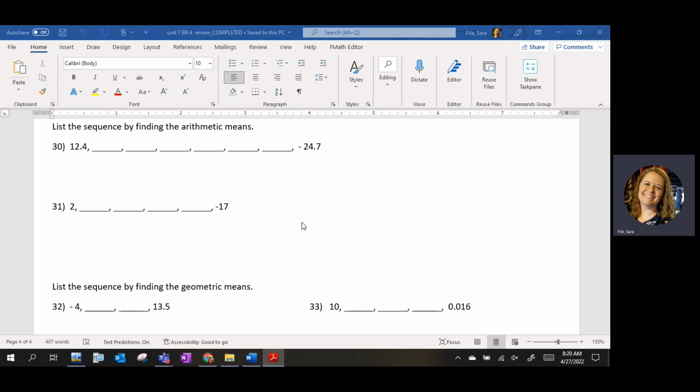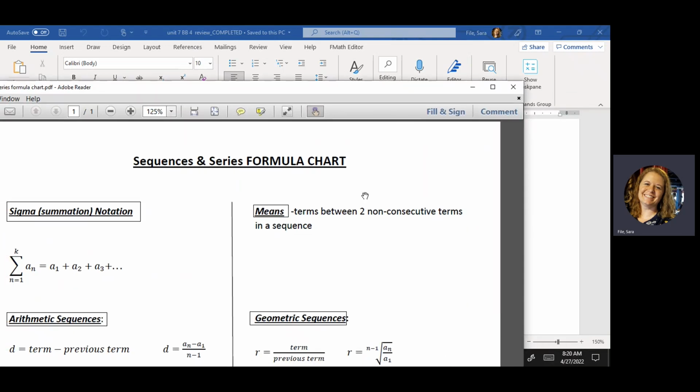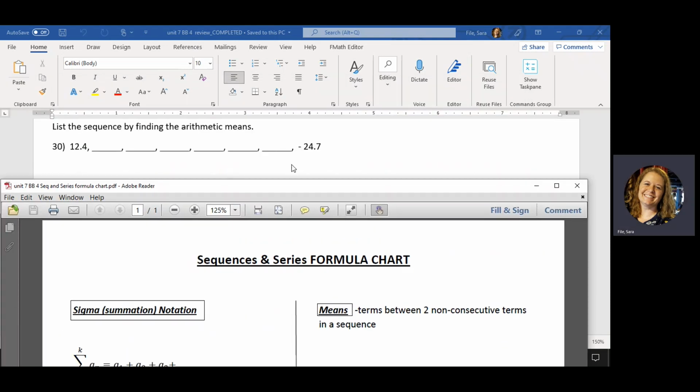All right, so number 30 and 31 are asking us to list the sequence by finding the arithmetic means. So again, on our formula chart, it says that means are the terms between two non-consecutive terms in a sequence. Okay, so we have two non-consecutive terms here and here. And then we've got a group of all of these blank terms, these are the means, and they tell us